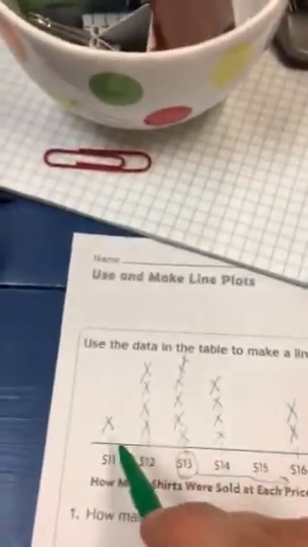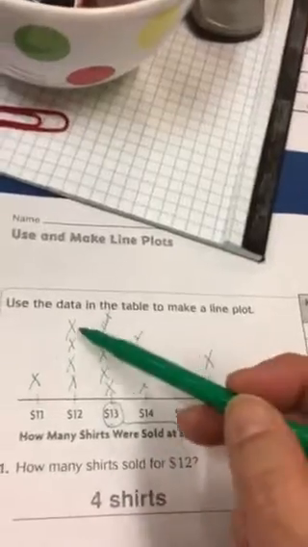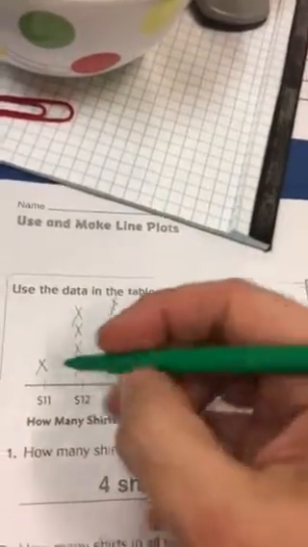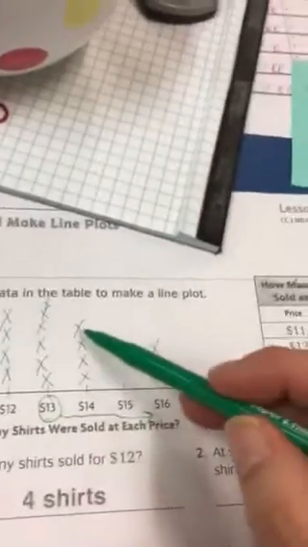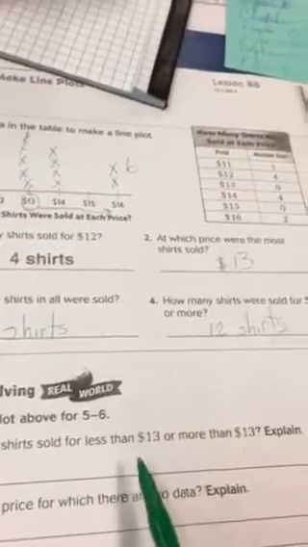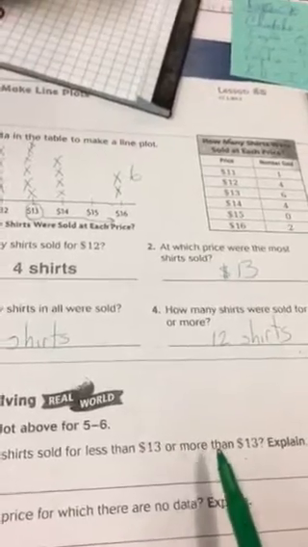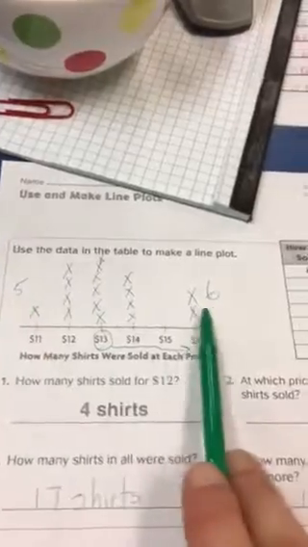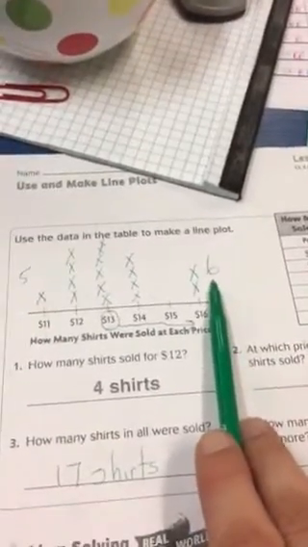They didn't ask how many sold for 13. So we're going to go 1, 2, 3, 4, 5. 5 for less. And how many for more? 1, 2, 3, 4, 5, 6. 6. So now go back to your question. Were more shirts sold for less than 13 or more than 13? Explain. Well, now we've got it. 5 or 6. So more shirts were sold for